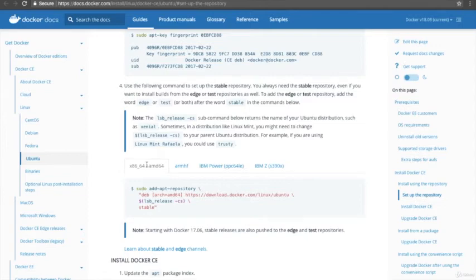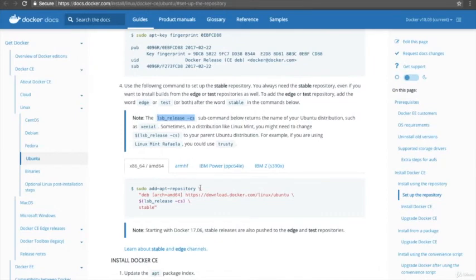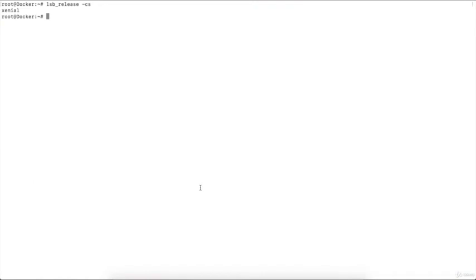We know very well we have the 64-bit operating system, but if you don't know your operating system type, then simply you can copy this command and execute it on your machine, and it will return that it's a Xenial based system, right? If you want to know what kind of operating system, whether it is 64-bit or something like that, you can execute